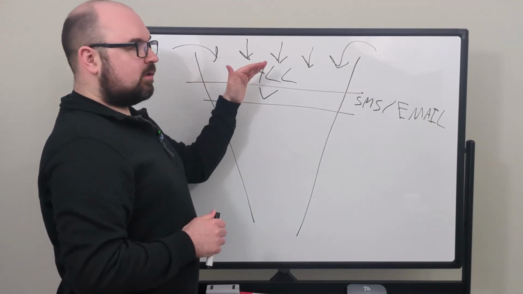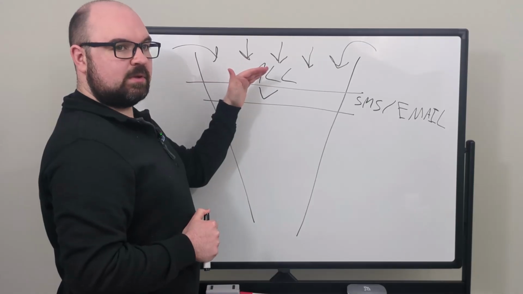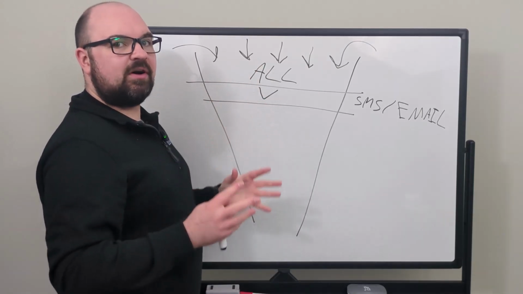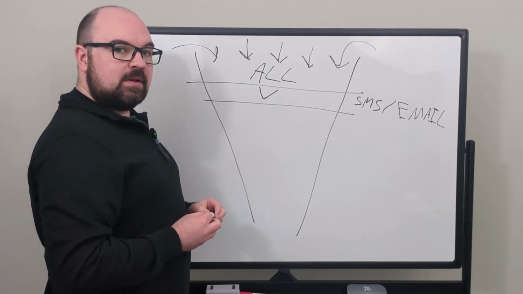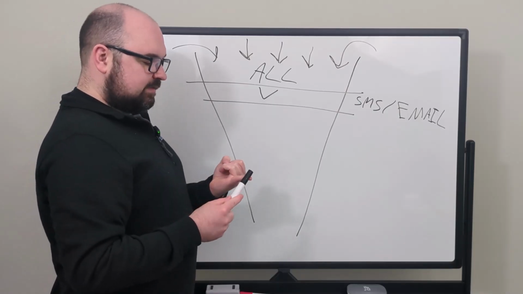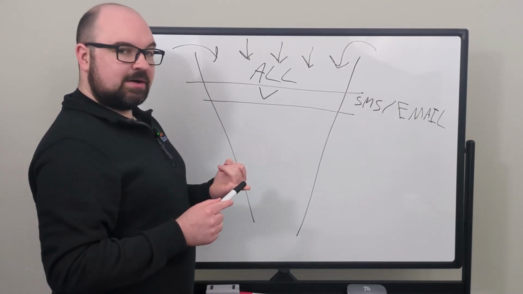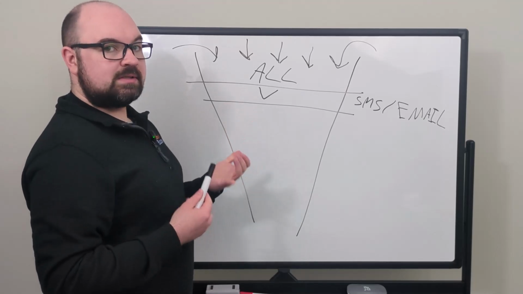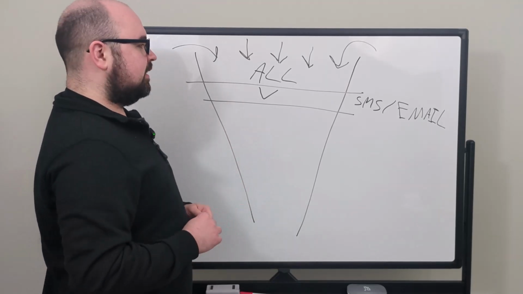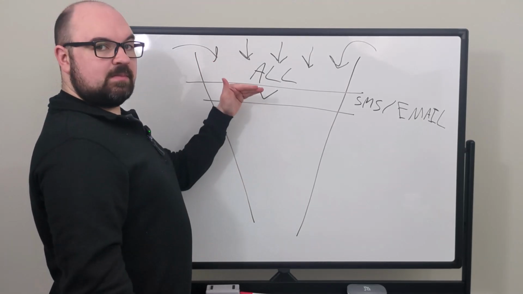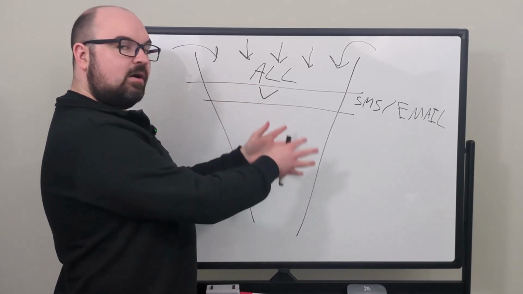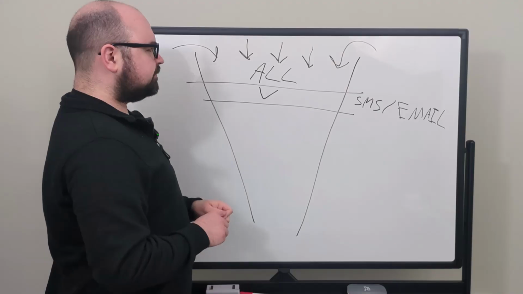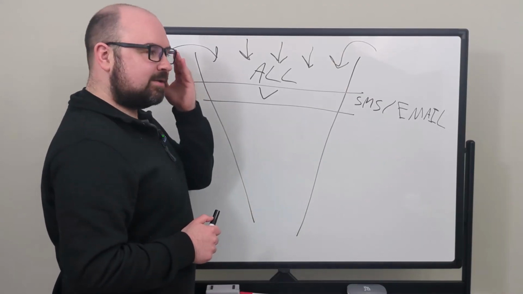Either white label us or please reply to this particular email with the word yes or verified, or whatever word you want to choose, okay? That will eliminate a lot of people, because a lot of people aren't going to see it. If you're going into spam, you're probably never going to know that, but there's no point in following up with those people because they'll never see your emails either, okay? But it means that the people who do get your emails, who you did land in the inbox for, and again, there's ways you can set it up to always land in the inbox, which is what you should be doing, but a lot of businesses don't do that, so they end up in spam.